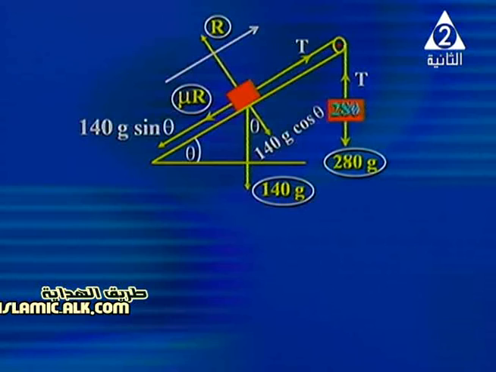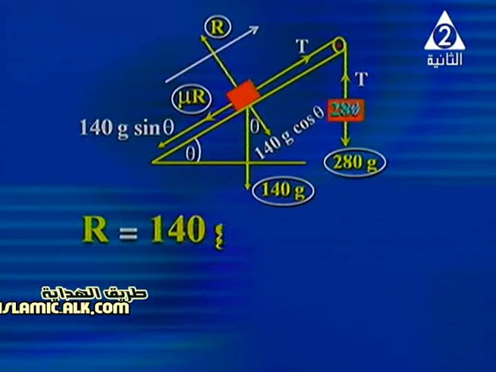Look at 140. We resolve 140 g cosine theta, which is perpendicular, and 140 g sine theta in the line of the inclined plane, parallel to the inclined plane. The motion starts to remove